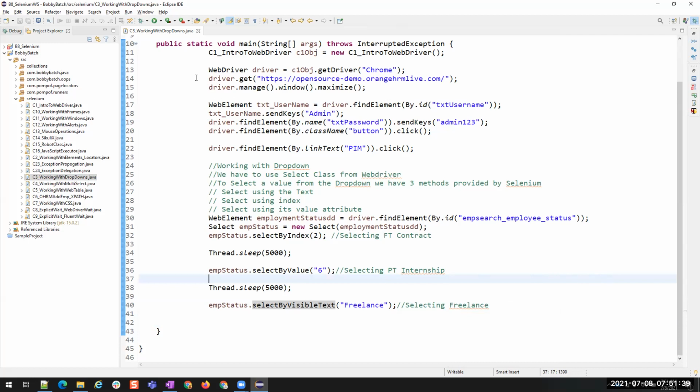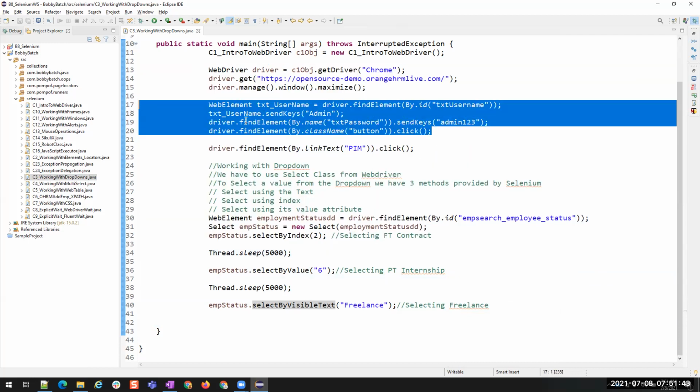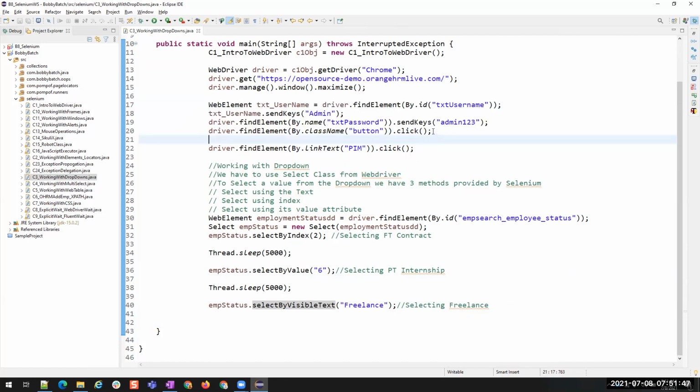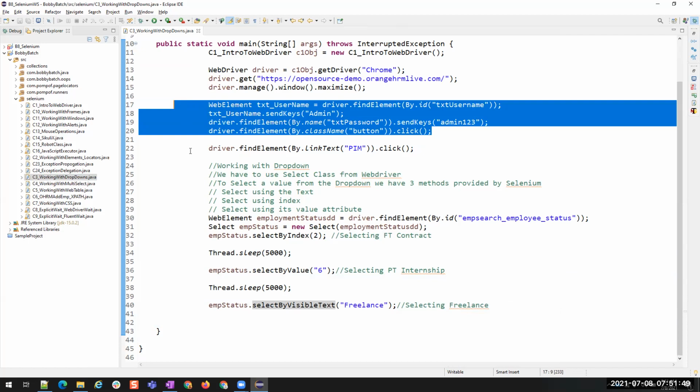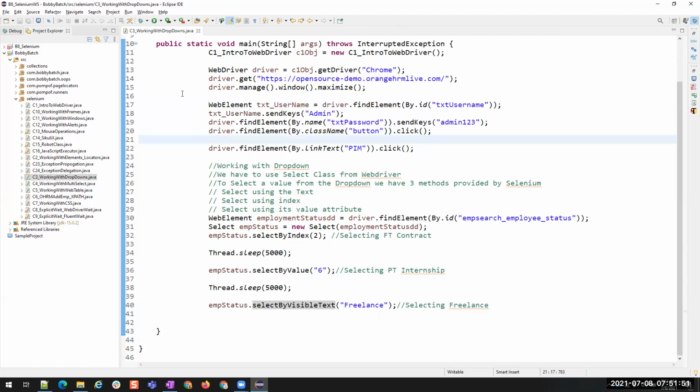So similarly, here also, I'm doing some operations and I have to verify whether the user is successfully logged in or not. If the user is logged in, then I have to mark this step as pass. Otherwise, I have to mark this step as fail. But Selenium WebDriver does not have any such methods or options to assign a status to the step or the class. That is the reason we are depending on TestNG. Understood the purpose of TestNG?